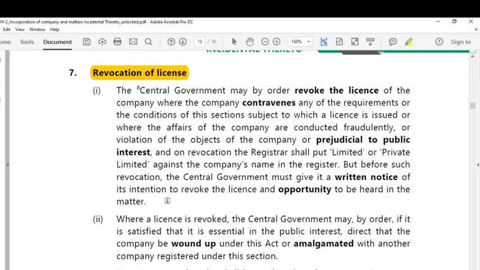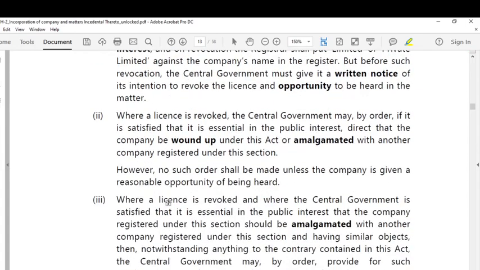That is one kind of revoking the license and converting that into a private limited company or a public limited company. When will it happen, dear students? As and when a Section 8 company contravenes the requirements or the conditions of the section subject to which a license is issued by the central government. And the second